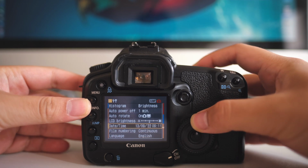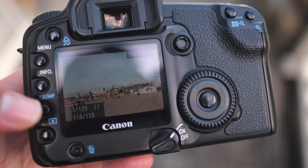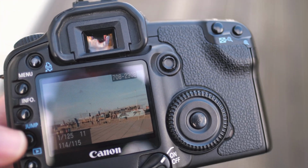The screen is actually viewable in sunlight, as I mentioned earlier, and with this bigger screen at 2.5 inch, it's definitely usable, and yeah, you still can judge your colors really accurately. The only thing is I wish that it would have a tiny bit more contrast just to judge the blacks a little bit, but you know, you still can zoom in and see the detail that you want to see and everything. And I guess at the end of the day, especially for this price range, that's really all that